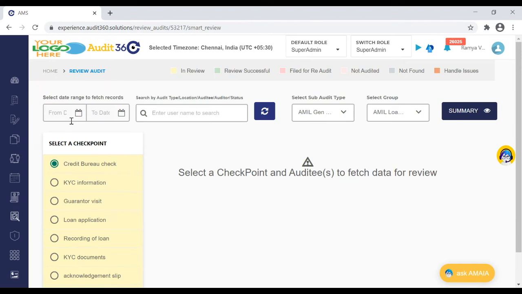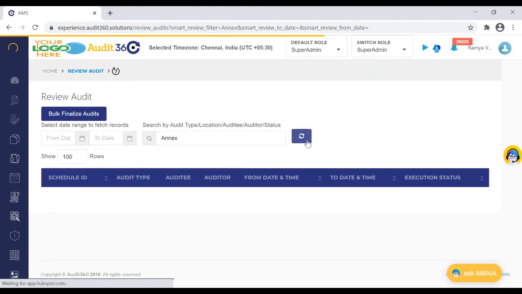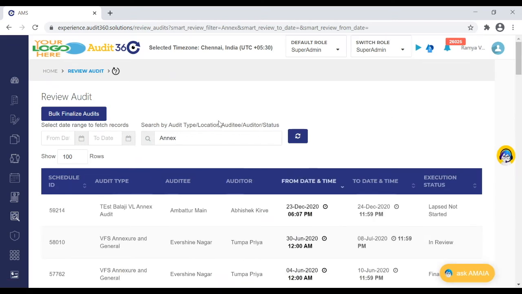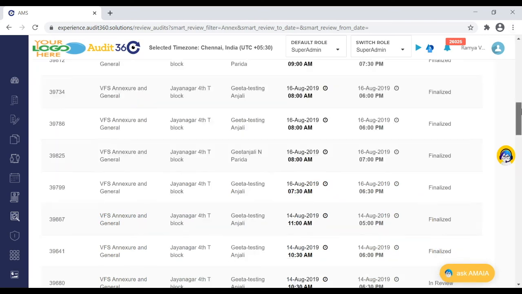You can also see that there is a date range and a summary fetch, which was already shown in the previous screen, and is also shown in the screen where the schedule level details have been checked. So this is for a user's easy access to move, in case he's doing a review of a particular schedule and he wants to do a review for some other audit. So if he wants to do any audit search for an annexure related one, he can just come directly from the search screen. He can come directly to a screen where this information is already part of it.